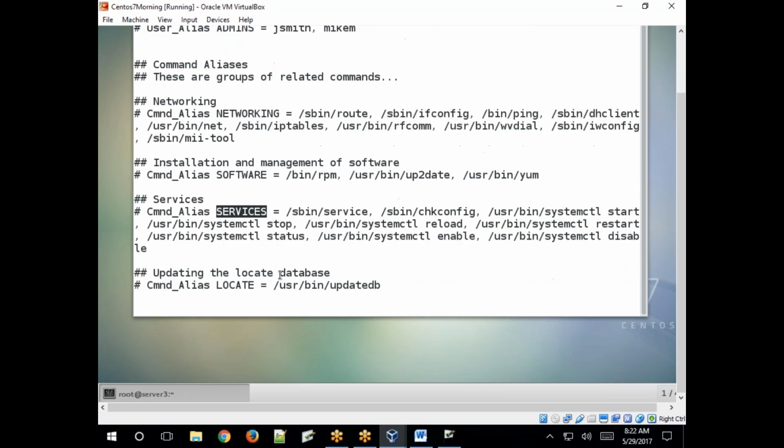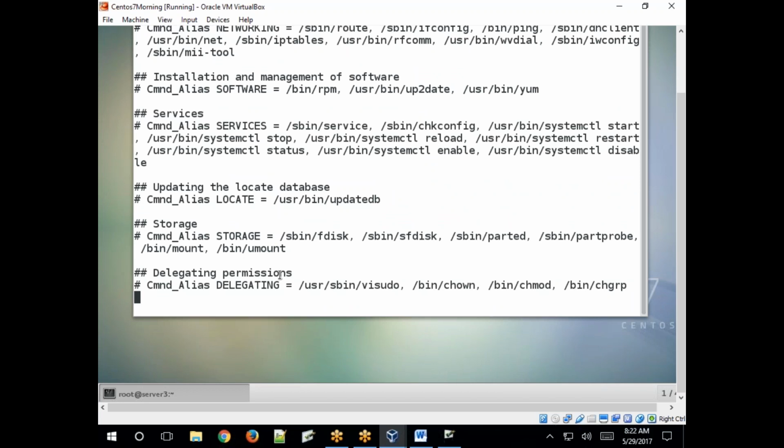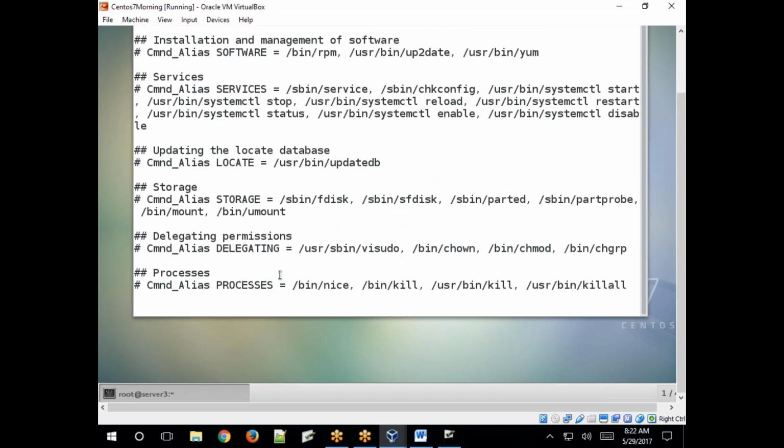Okay, see, updating the locate database file, storages. A normal user can't create partitions because they don't have permissions to execute disk management commands like fdisk. If you want to allow a normal user, then add these commands: fdisk, sfdisk, parted, partprobe, mount, umount.